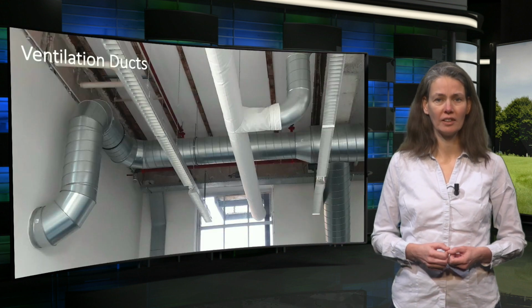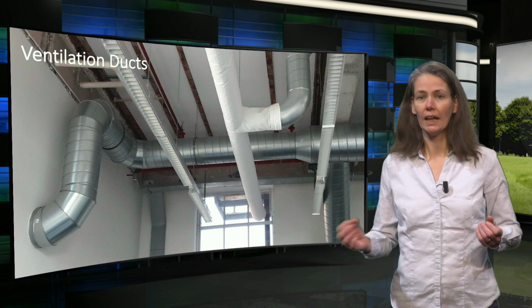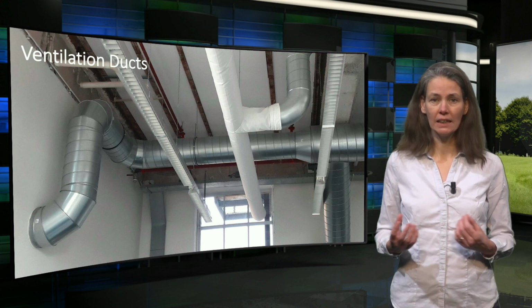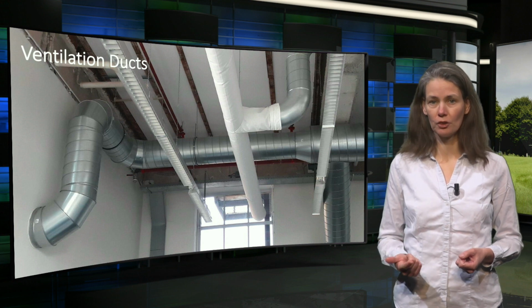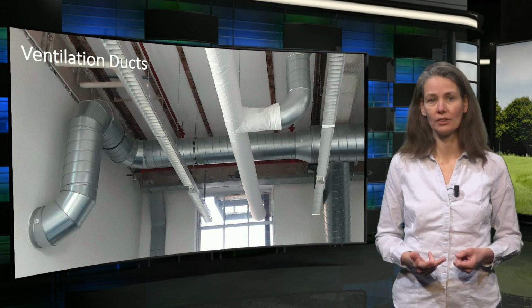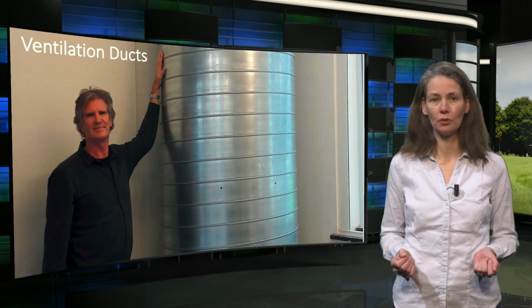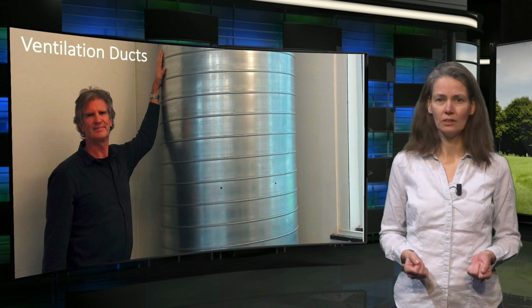Let us first look at the energy necessary to move the air into the building or pull the air out of the building. The energy demand of moving the air in and out of the building depends on the efficiency of the fan, the length of the ducts, the amount of bends and the speed of the air. A wider duct at the same amount of air is therefore the best option to move air into or out